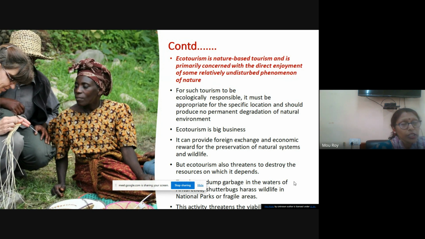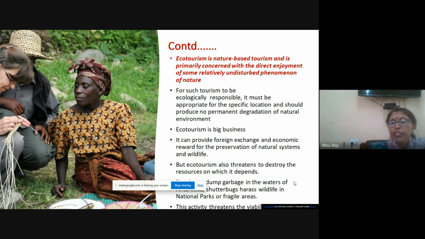Now, you'll also find that you can admire the art and craft made by the local artisans, and buying from them will help their economy as well as conserve the local heritage. You have other benefits also.